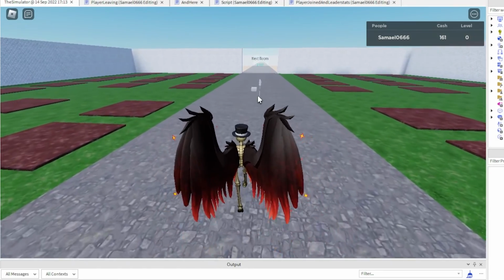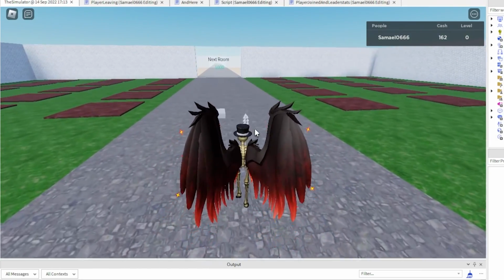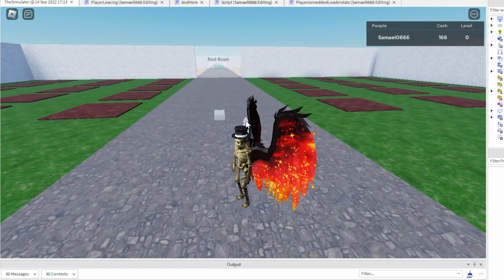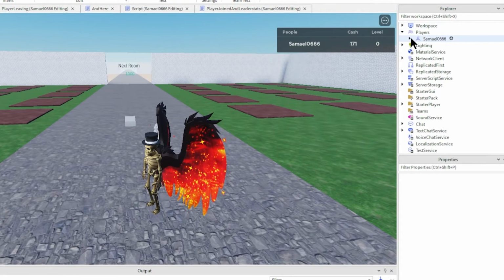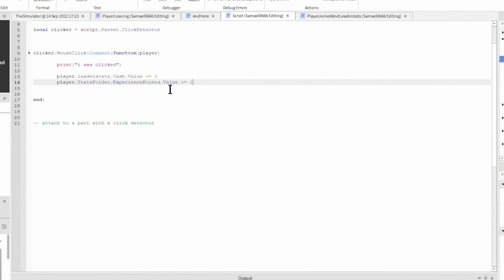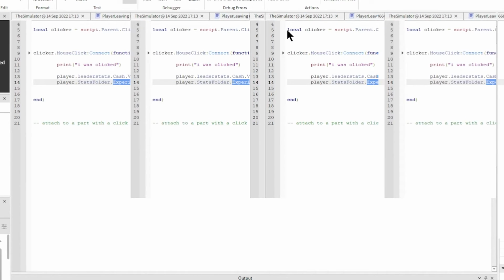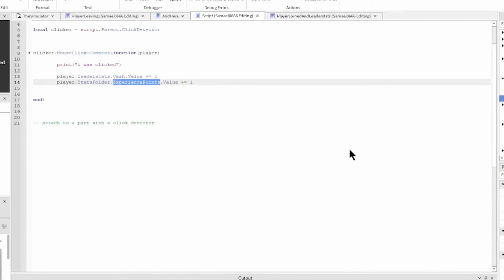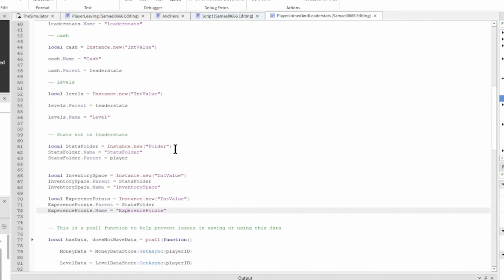So now if we click this, quickly, I'm gonna skip over to this to get over. Right, so if I go into players, stats folder, experience points, it's not going up. Sad times. So this is why syntax is very important. I've got experience points here, and in the other one, I have got experience points. So be very, very careful with how you type things, because if I go back into here, I can now paste this,